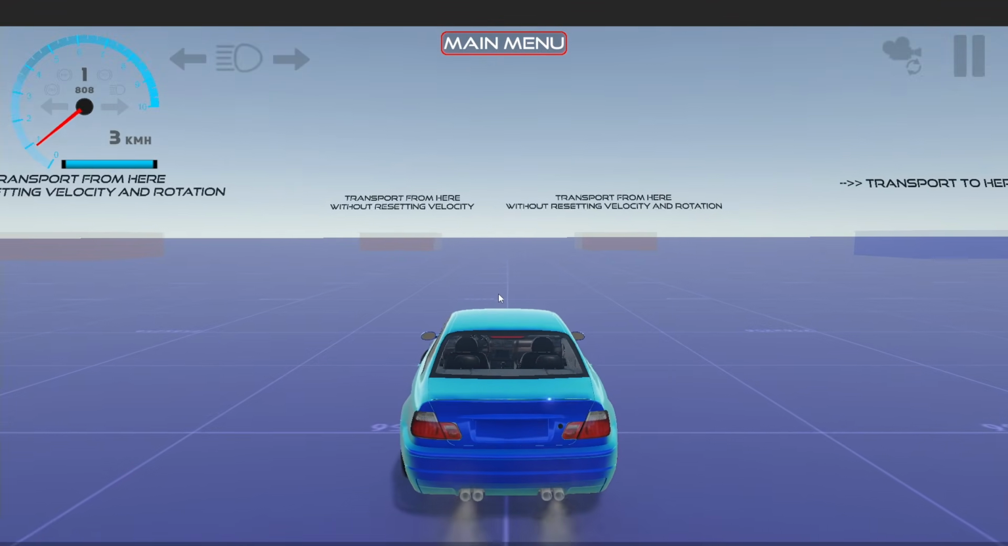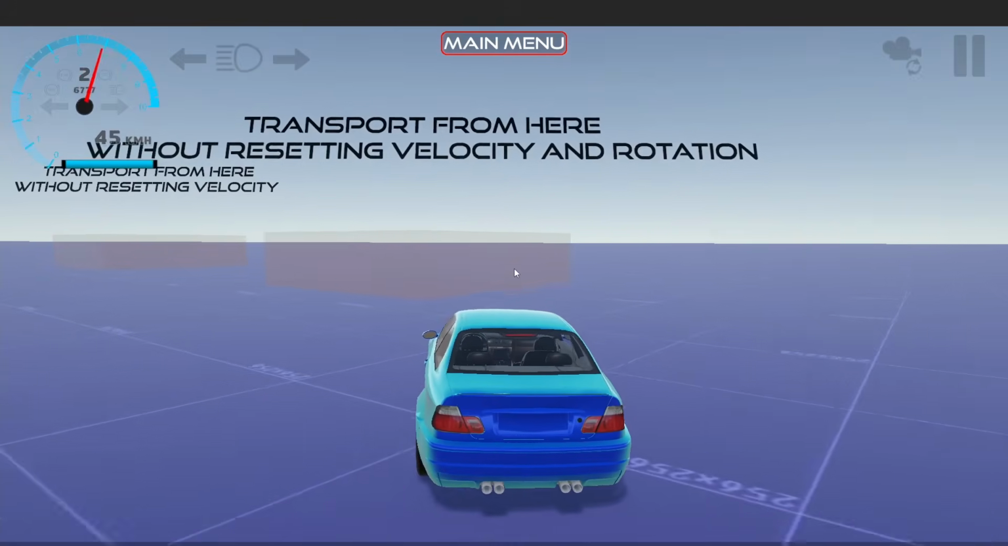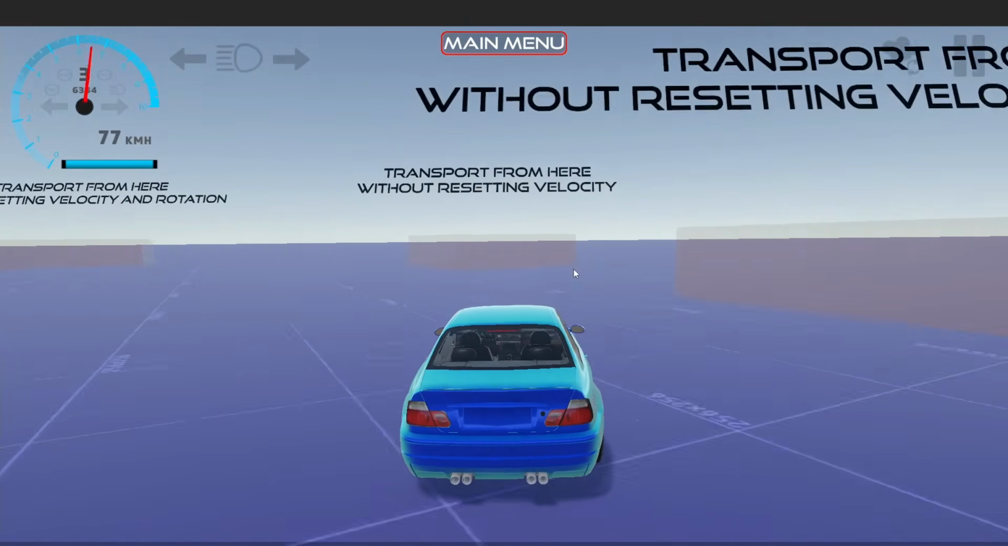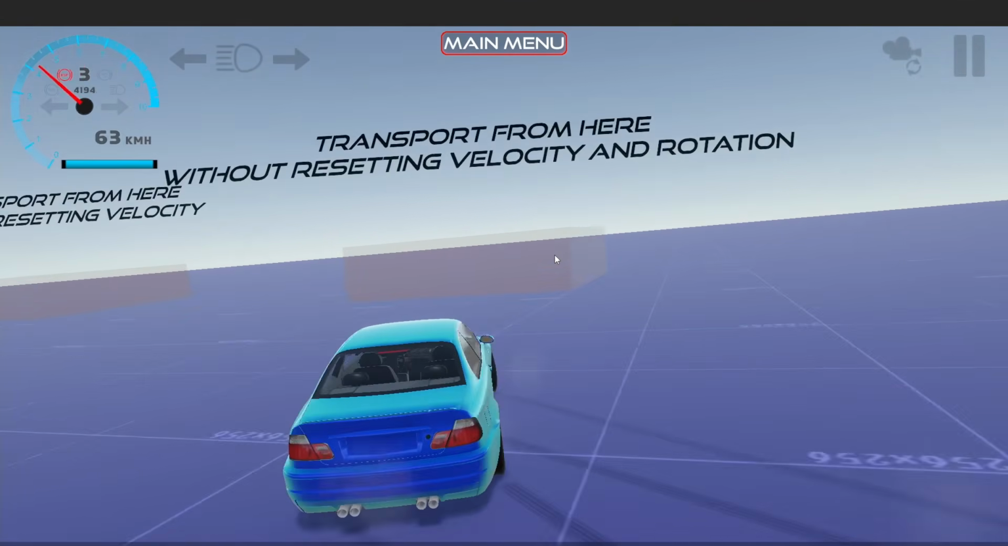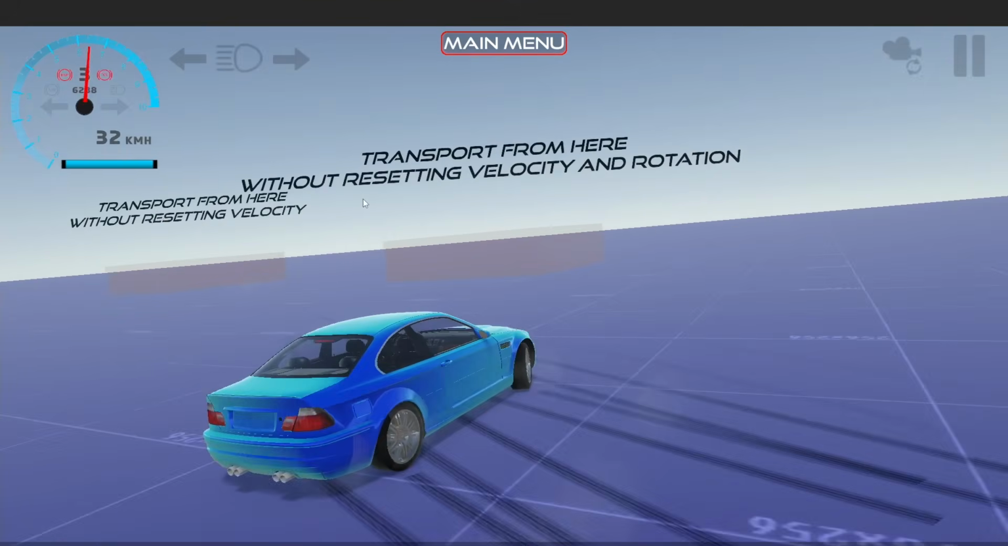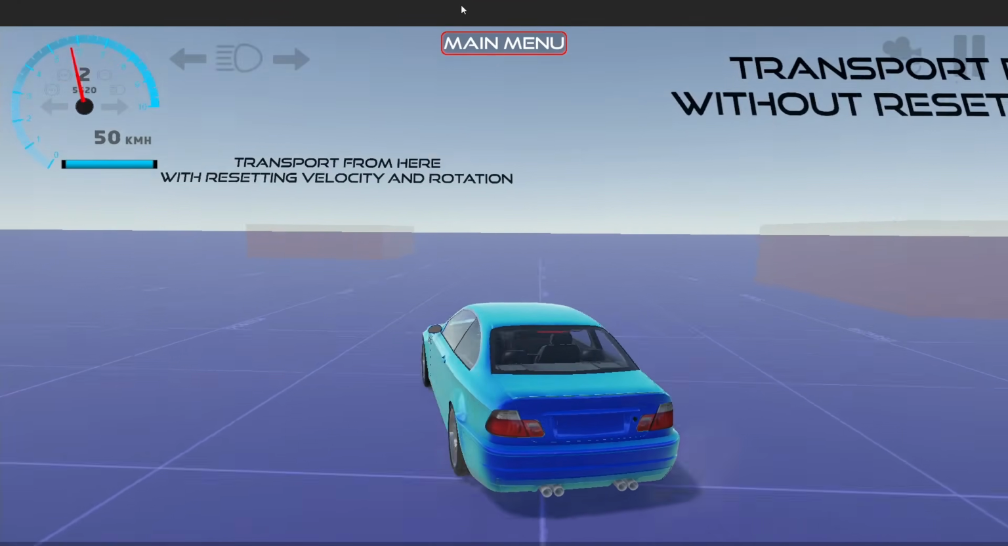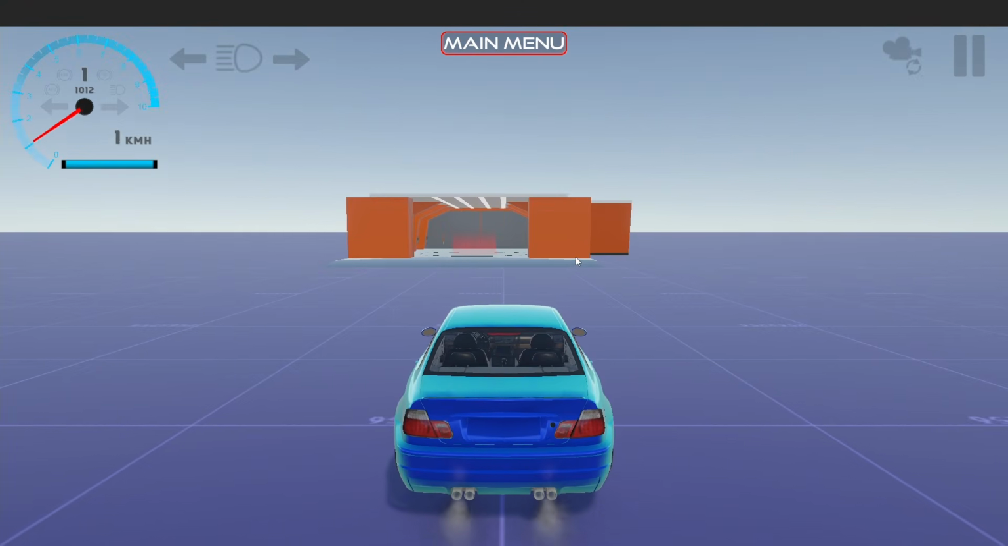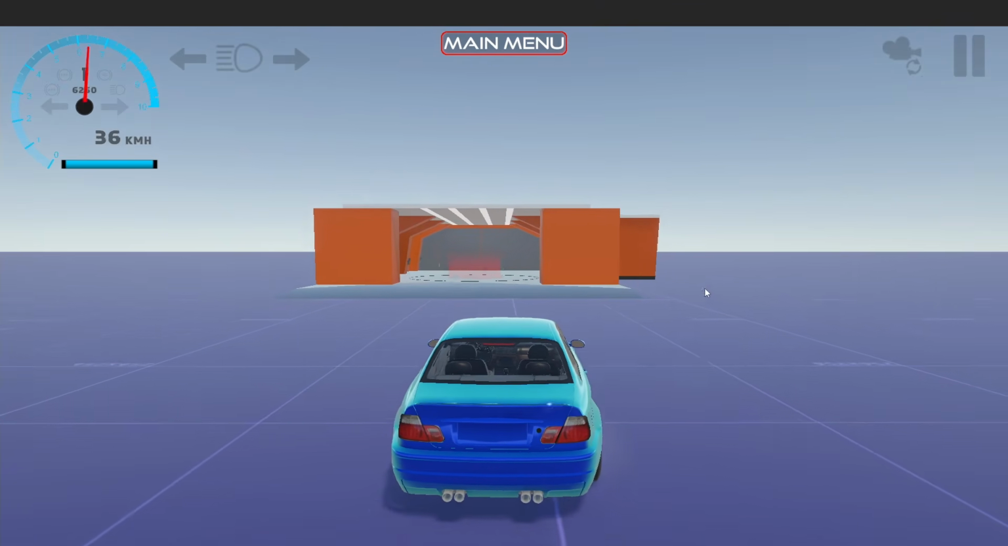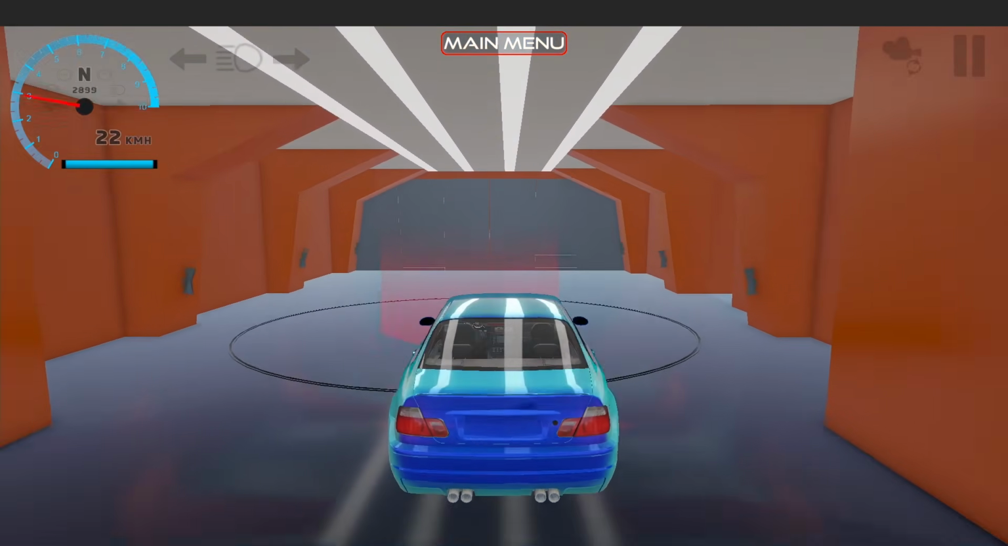Then we've got a demo which is all about transport, so this will let you transport to different places without resetting the velocity or pushing you somewhere else in a different scene, with various different settings that you can set for yourself. There is a prototype for customization, so when we take this vehicle and then we drive into this